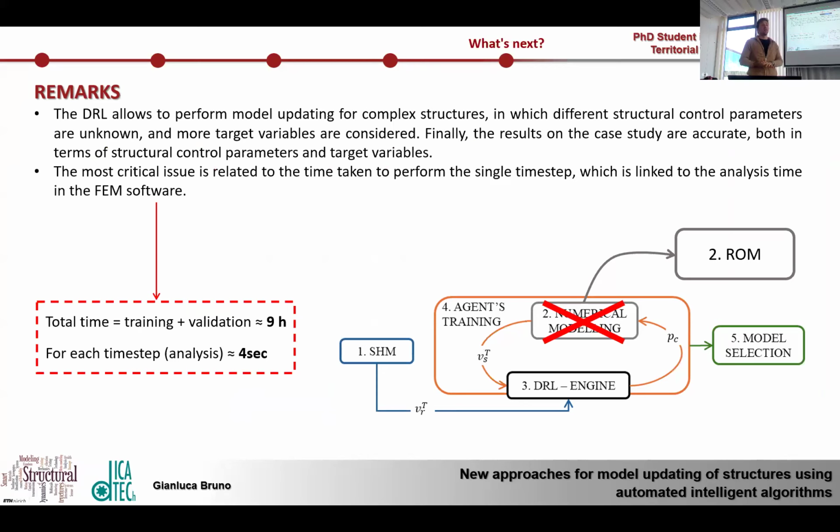This is very different compared to the traditional one, because the agent of deep reinforcement learning is not based on a data set, but is based only on the agent's experience. In particular, the critical aspect is related to the time taken to perform the single time step,